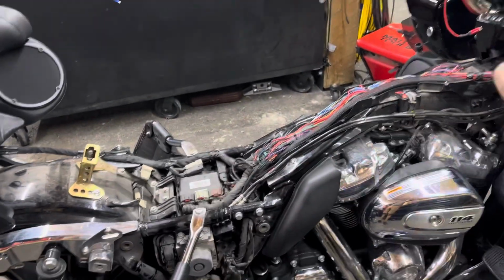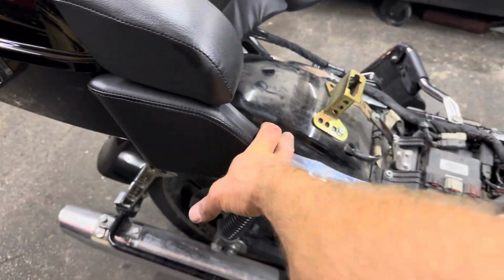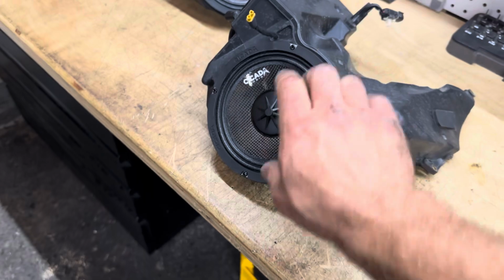The NVS Audio T harness utilizes the factory wiring for the tour packs. We're going to get these taken out and swapped out for the CXX65.4s. And then here on the bench, we have our speaker enclosures for the bike. So here you got our